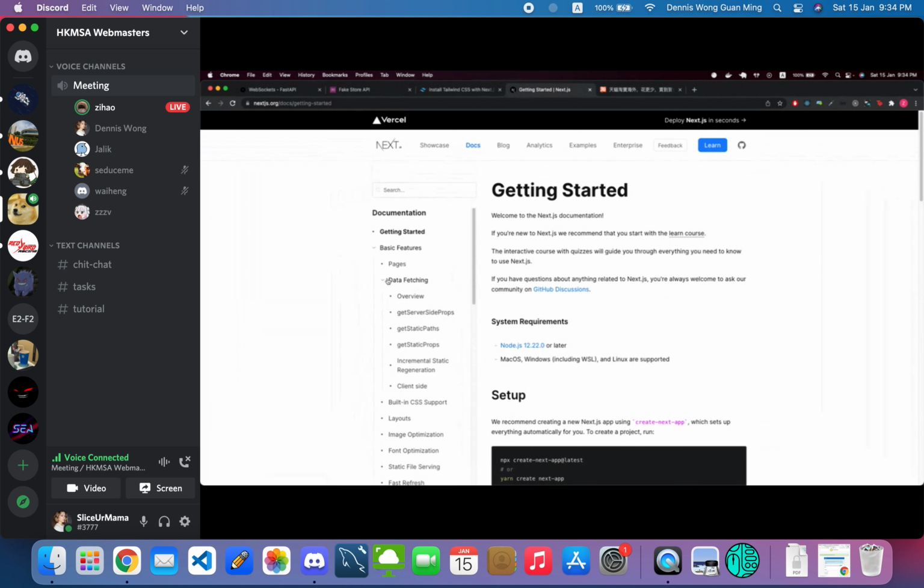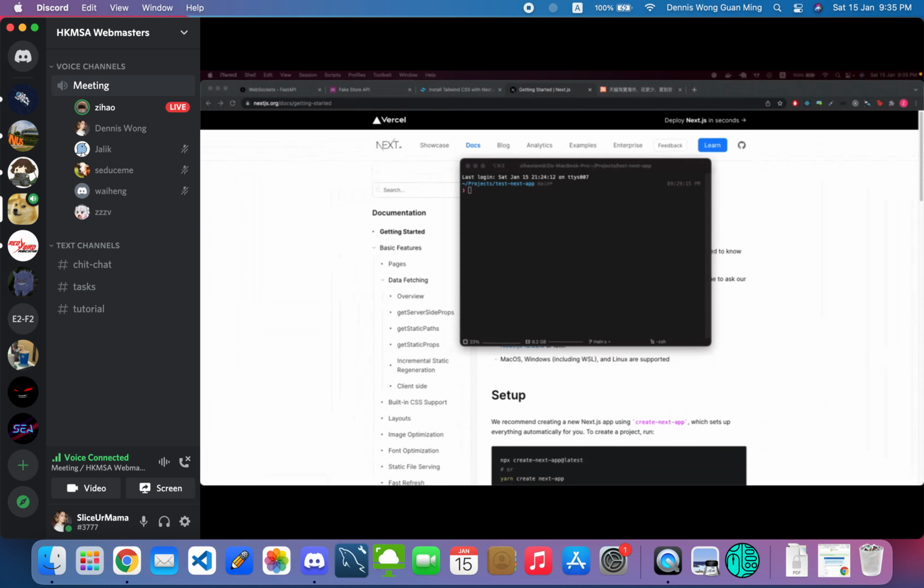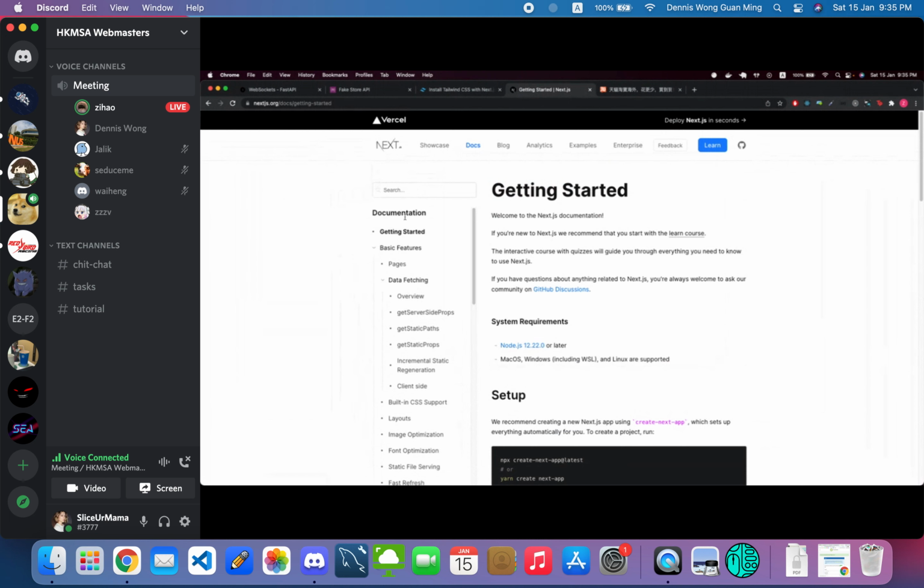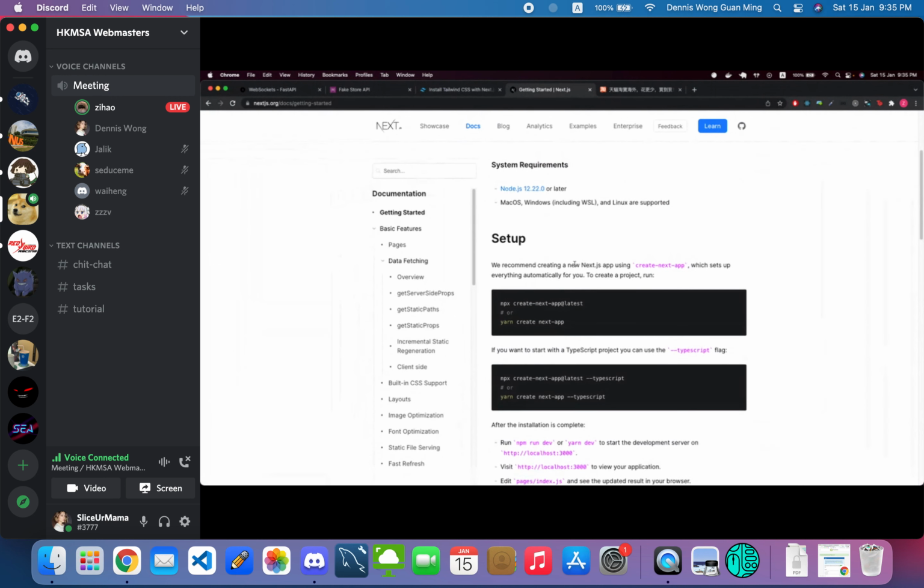So you just download one package, which is Next.js. You create the Next.js app. Then they will have all the routing for you. They will have even those head tags, something like this. Let me just show you. Okay, wait, never mind. I'll show you later. Okay, basically Next.js has a lot of stuff built in. Okay, all right, and then first thing you have to do to create a Next app is just